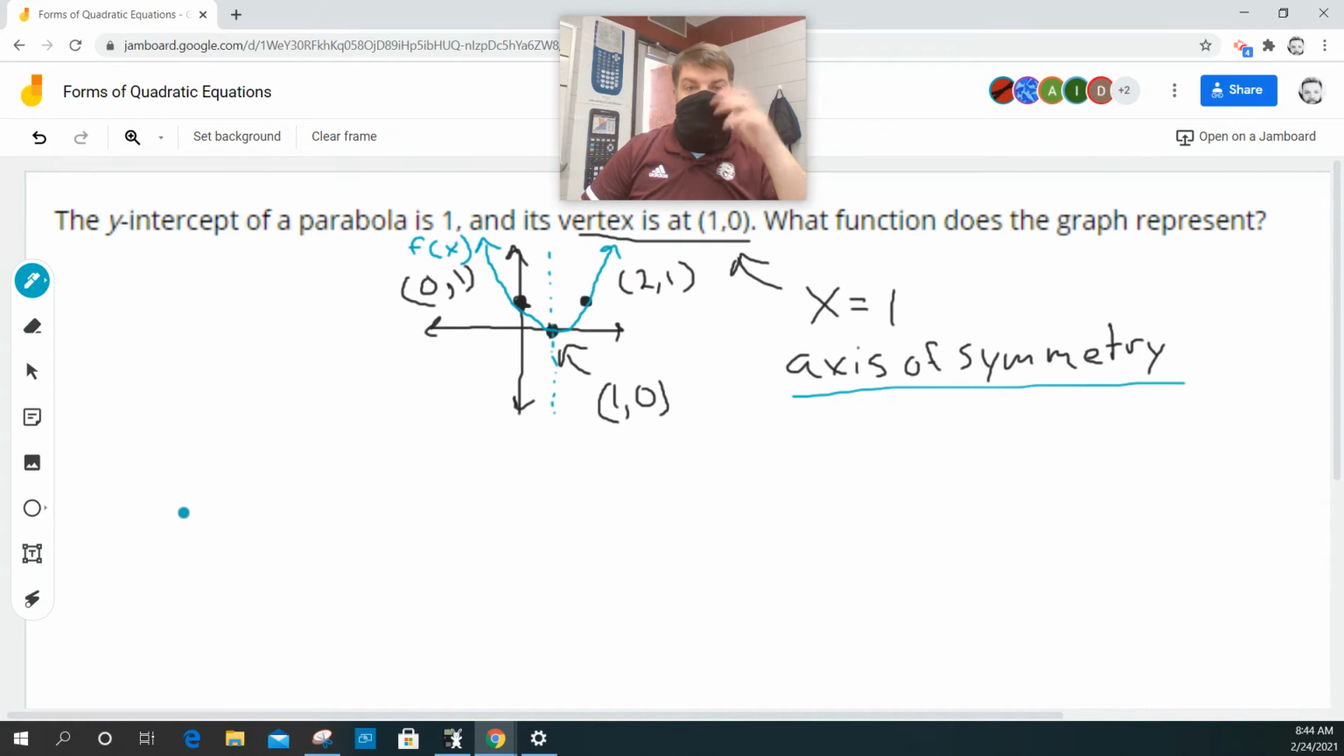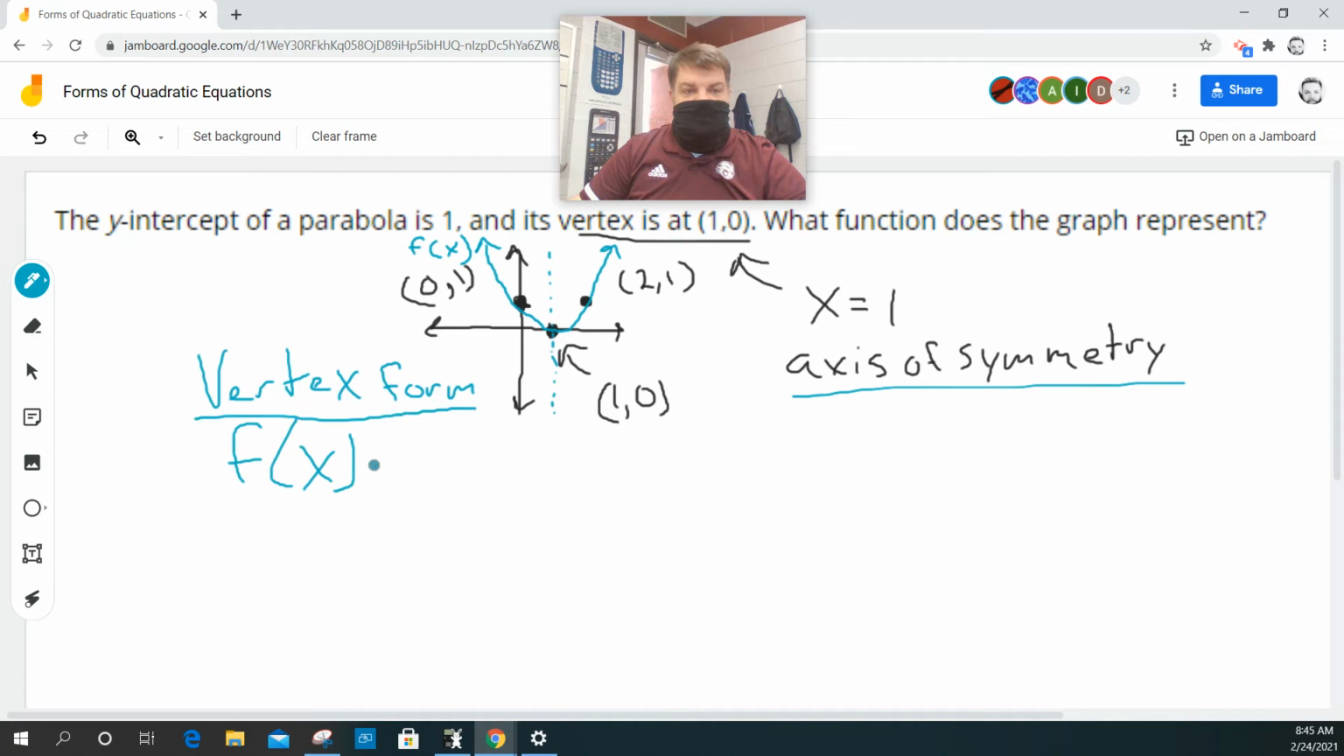So now how do I figure that out? Well, there's lots of ways that I can figure that out. One way is I could write it out like this. So remember that we're given the vertex. So one way to write this is the vertex form. It's called the vertex form because the form literally incorporates the vertex in it. So it looks like this: a times the quantity x minus h, squared, plus k,